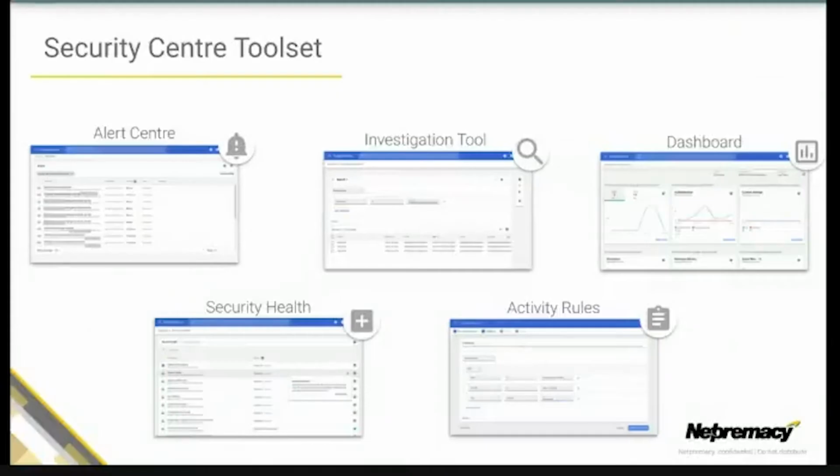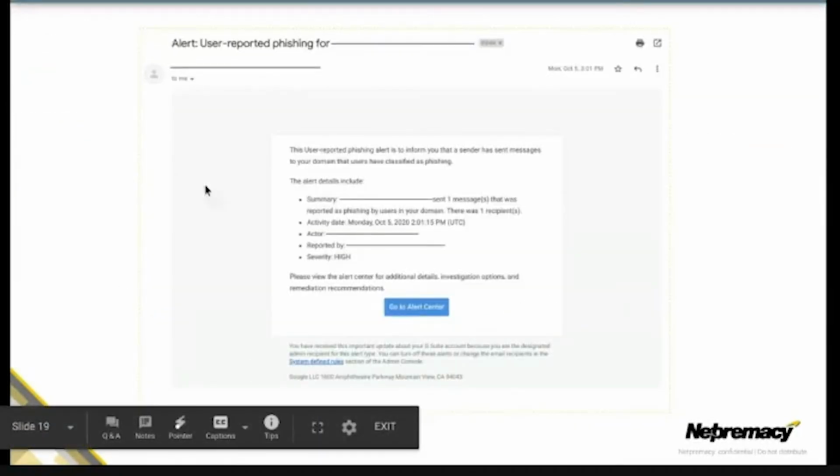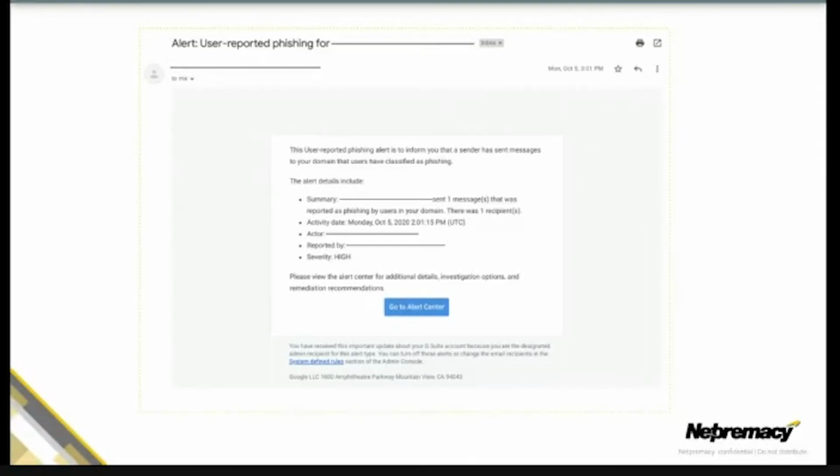So next we'll take a look at the reactive side, or the remediation of issues. And for this, we're going to look at the security center that Google introduced within the last couple of years. They've continued to build upon this to provide us with a robust set of enterprise tools to enhance the security within a Workspace environment. But when we talk about remediation of issues, there's no better than the investigation tool. And when you pair that with the Alert Center for highlighting those immediate risks, I'm going to show you in a few clicks just how we can get